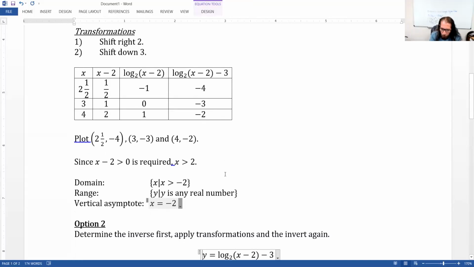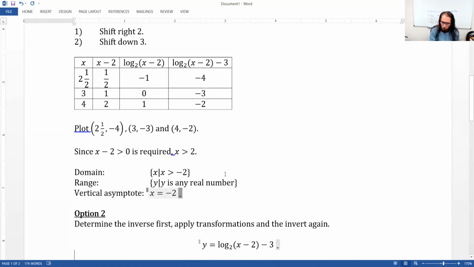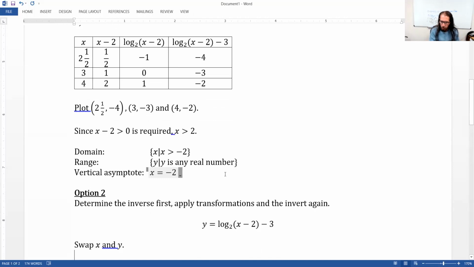Option 2 would be not to deal with the more basic version and comparing to its inverse, swapping x and y, and then applying transformations. Instead, let's find the inverse of the whole function, swap x and y to begin with,